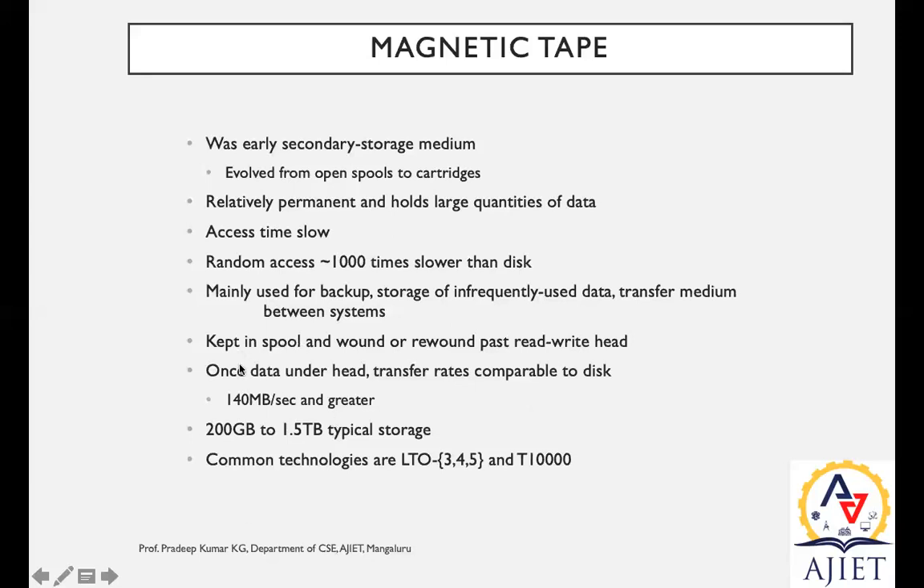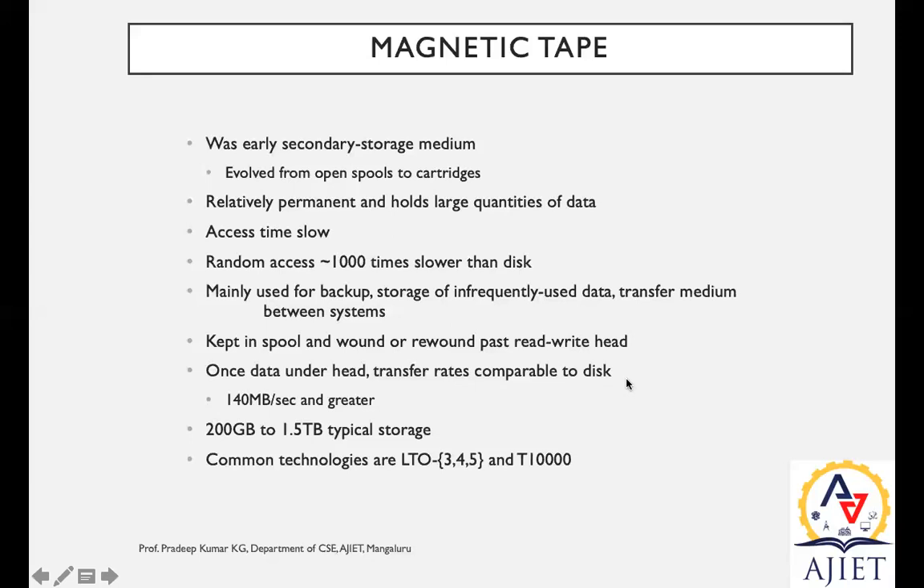So we can keep this magnetic tape on a spool, wound or rewound past the read-write head. For this one, we can give a good example: once upon a time, around the 90s, we had tape recorders. We could rewind and play, fast forward, or turn the side and put that cassette into the cassette player. The same thing applies to magnetic tapes. This is how we get back to previous data. Then, once the data is under the head,